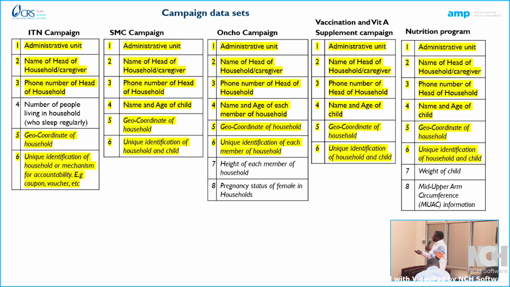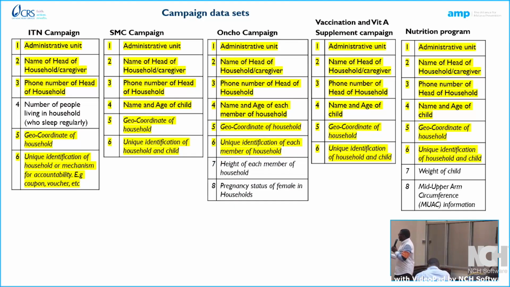So now, the question is, if I use this data, for example ITN campaign data, and this data does not have the 7 and the 8 that I need for an UNCO campaign, how do I then establish and add this additional information to ensure that I can use this for other campaigns? I think these are the things that the framework would be establishing for us. So, in view of this, I think we can take a pause now and let's do a quick group walk.